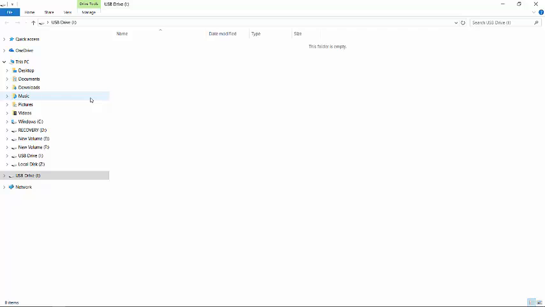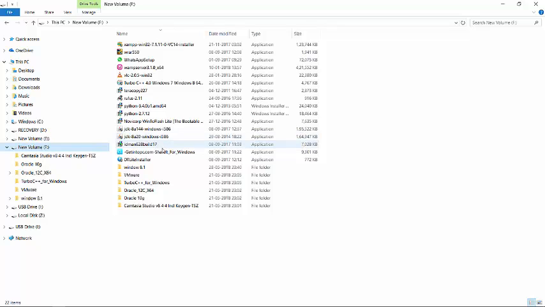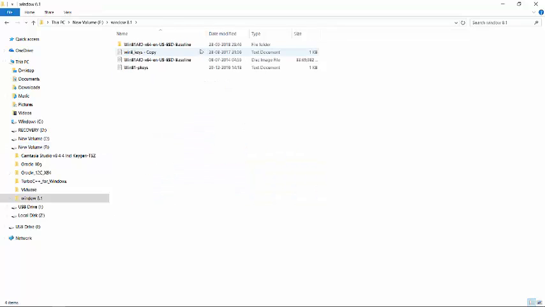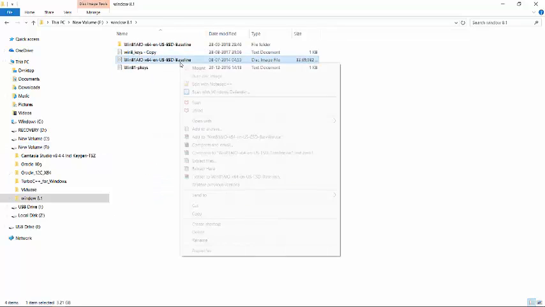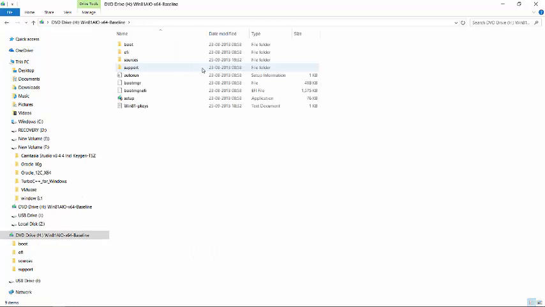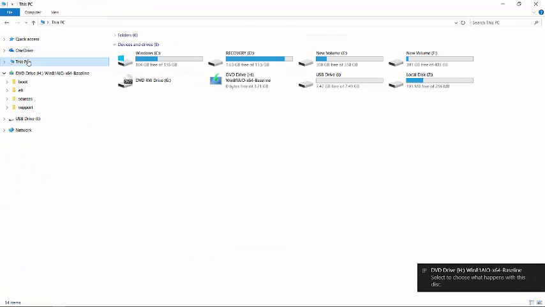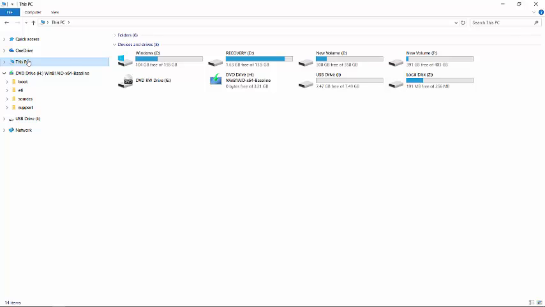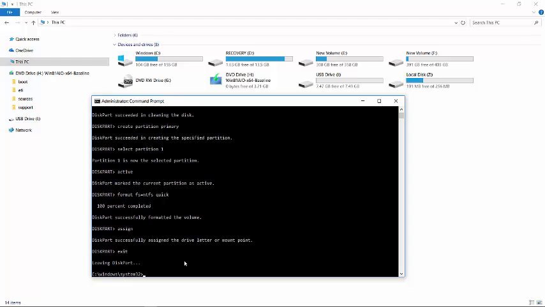Now I will have to find my ISO image of Windows 8.1, and here it is. Go there and just right click on it. You will get the option of mount. Now it is mounted. Now I will have to copy all the content of the ISO image to my flash drive,